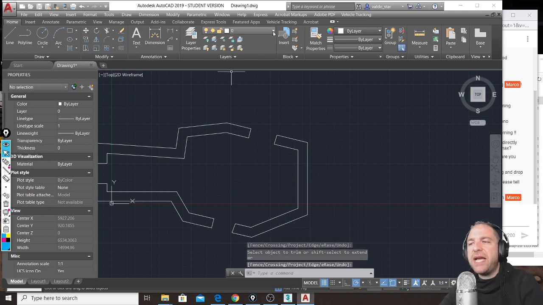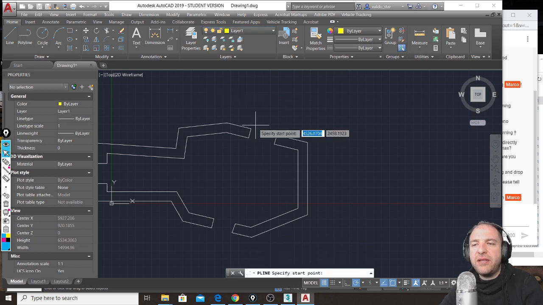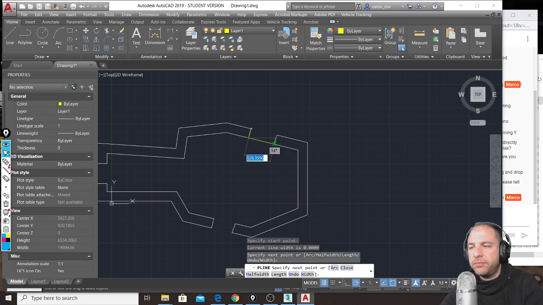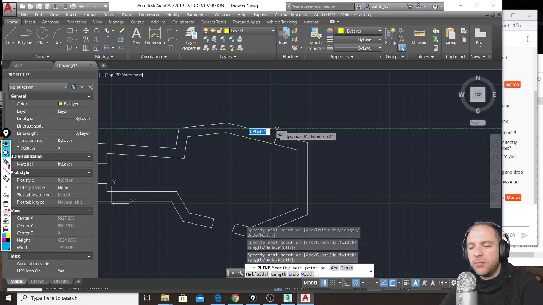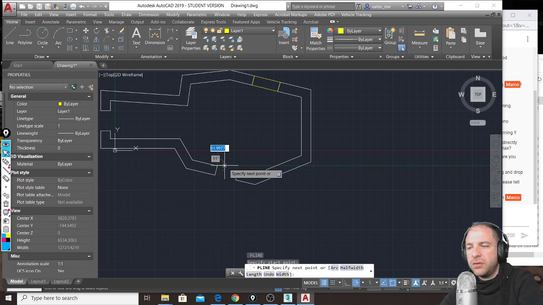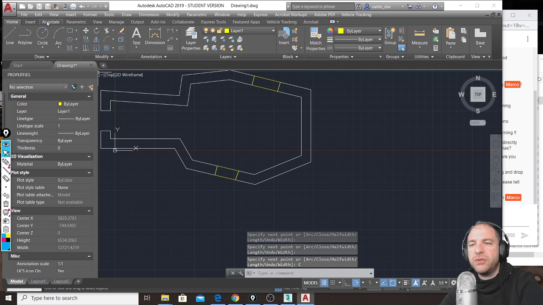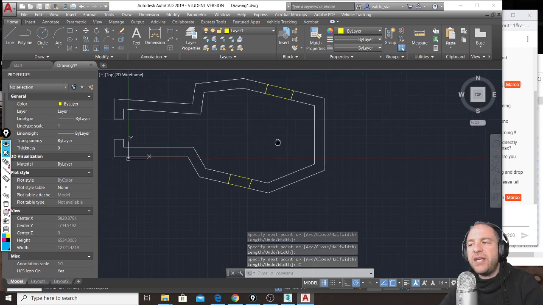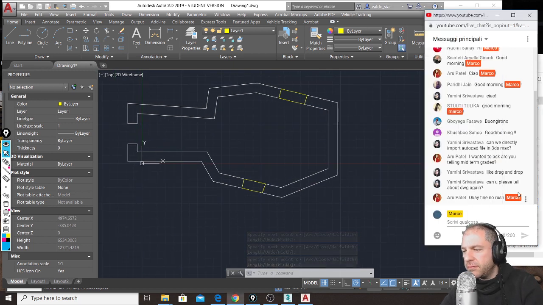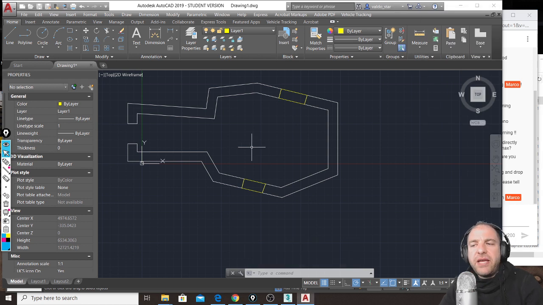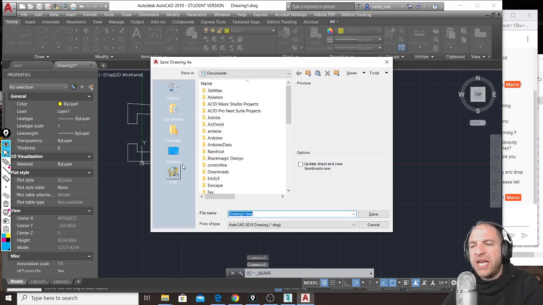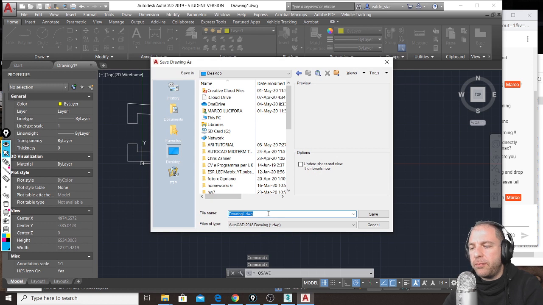Okay, in my next layer that has just another color, I draw instead a polyline. Close. Click, click, click, right click, close. Perfect. So in here I just made a very basic drawing of a room in millimeters. So I click save, I save it into the desktop, I call it